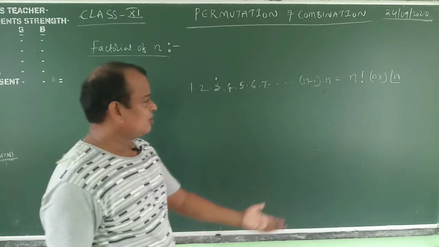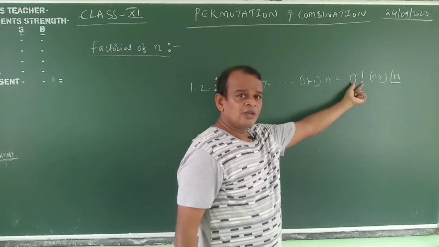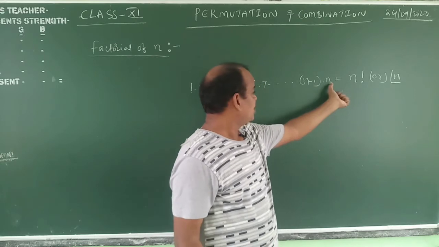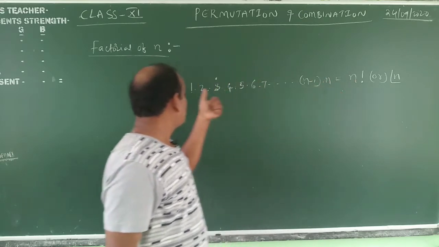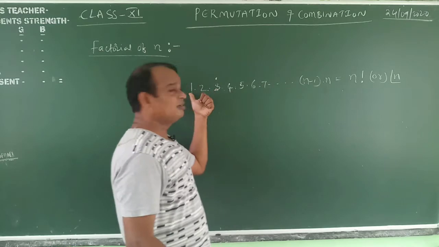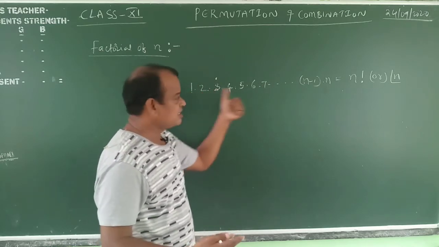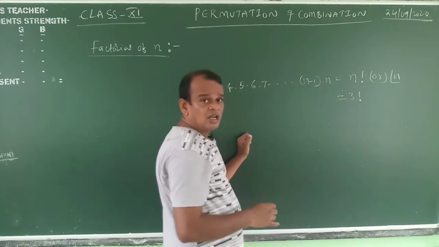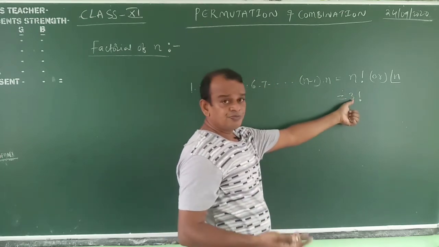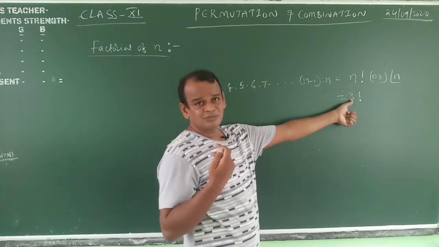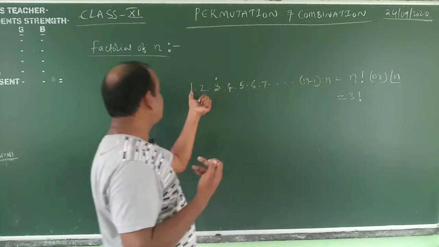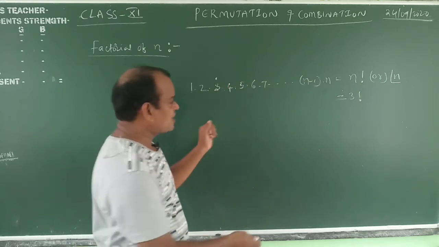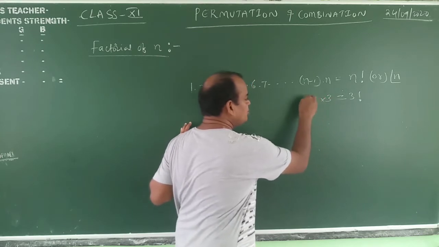Simple. What is the meaning of n factorial? Factorial means the product of natural numbers. N factorial means starting with n down to 1, a continuous product with decreasing values, n minus 1, n minus 2, and so on. For example, in the examination, 3 factorial means the continued product of natural numbers from 3 to 1. So 3 factorial means 3 into 2 into 1, which equals how much?